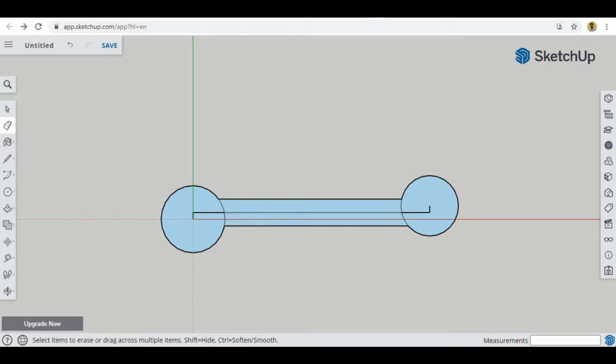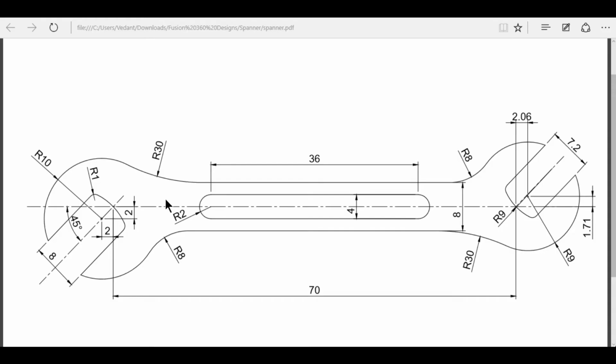Okay, before creating this curve, what we have to do is we have to create these slots. Okay, left side and right side. So the dimension of these slots are also given, 8 millimeter apart, and the right one is 7.2 millimeter apart, and they are at 45-degree angle. Okay, this one also and this one also, and they have a curve also. Okay, like this, and this one, and the radius of this curve is 9. So we have to create this curve also. Okay, so let's create these lines first, then we will create the curve.